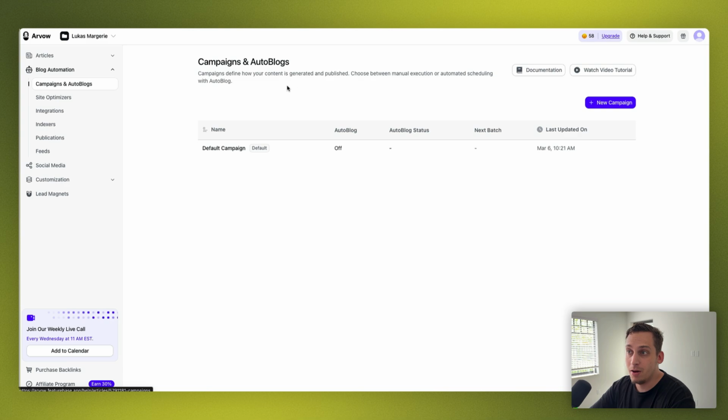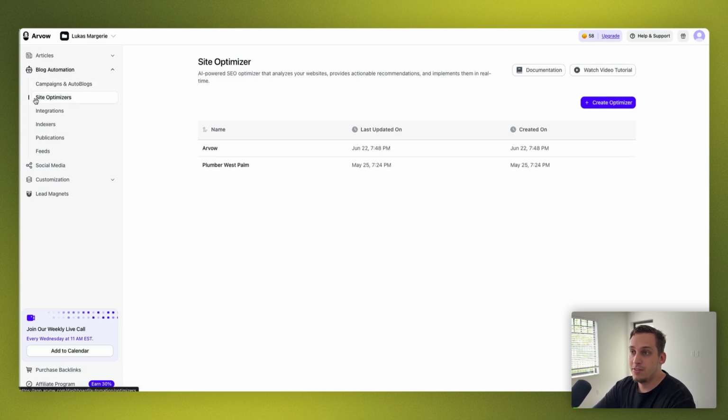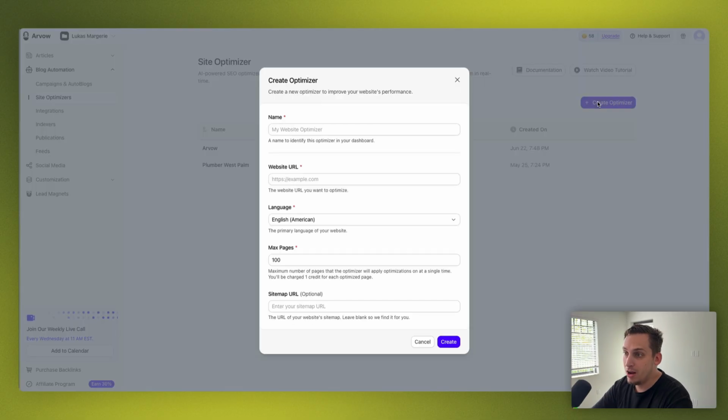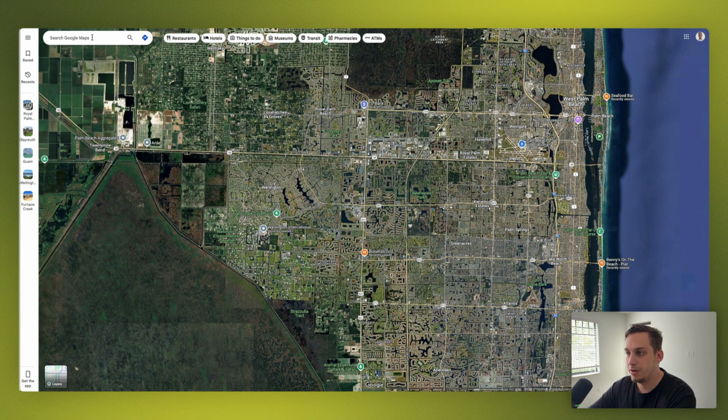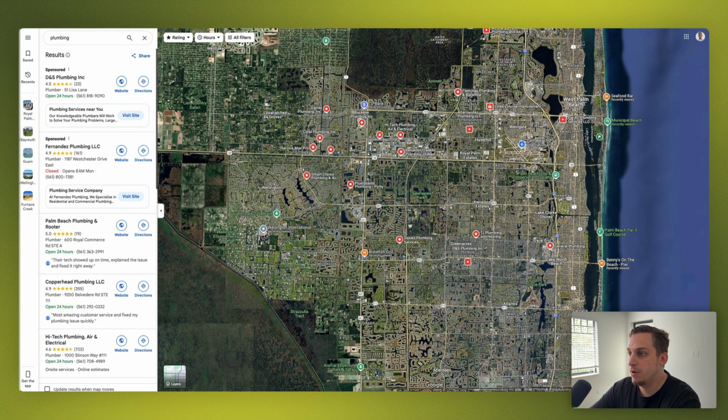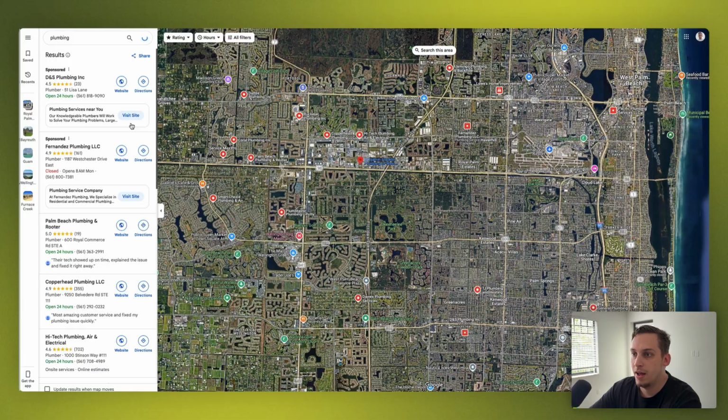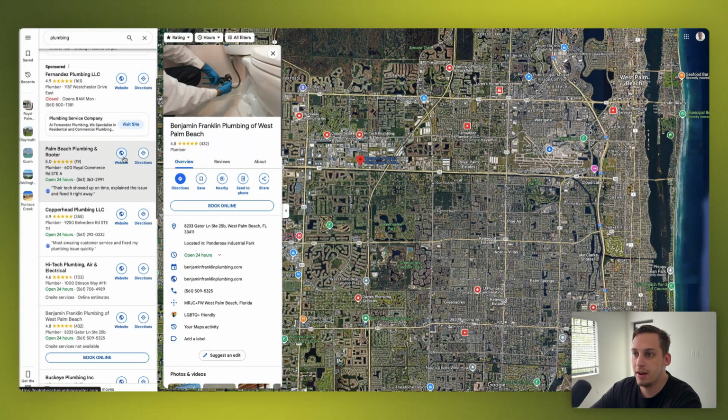Now, inside of Arvow, we can basically do the same thing. We have this site optimizer over here, an AI-powered SEO optimizer that analyzes your website, provides actionable recommendations, and implements them in real time. So we can click on Create Optimizer, and we can give it some type of example. Let's say that we're looking for some type of plumbing business, right? We can search for the plumbing keyword over here in our location,